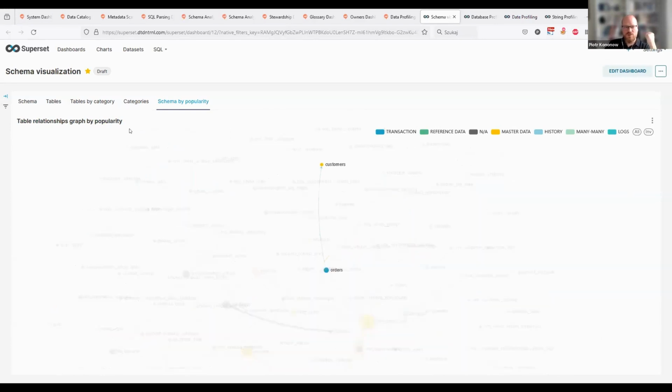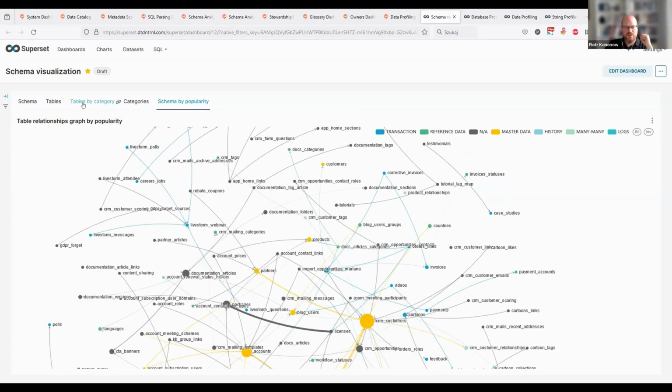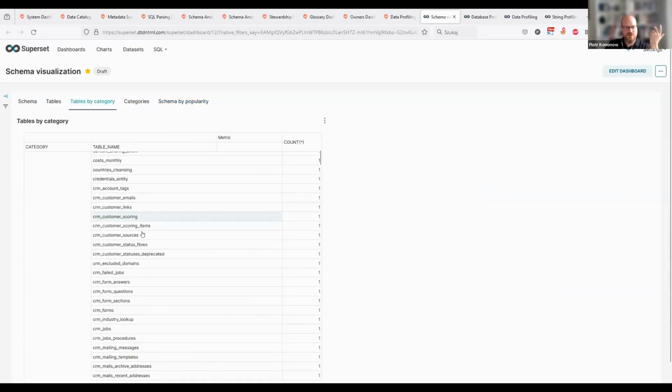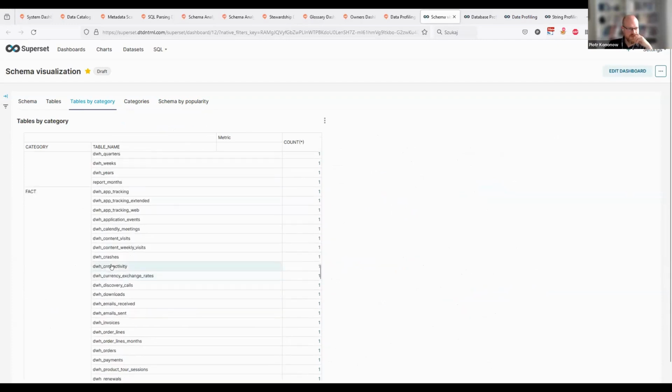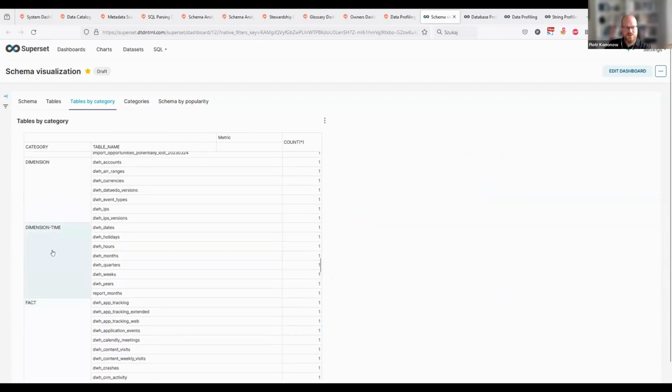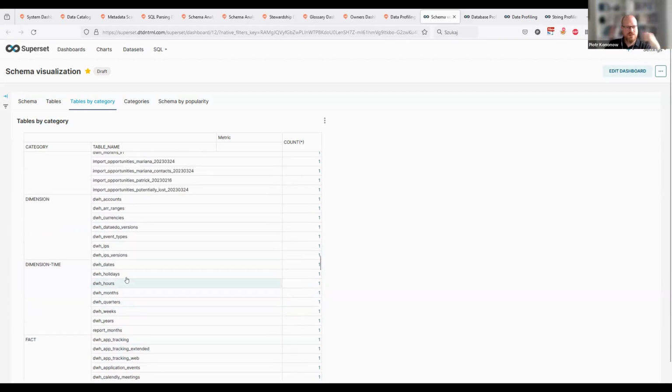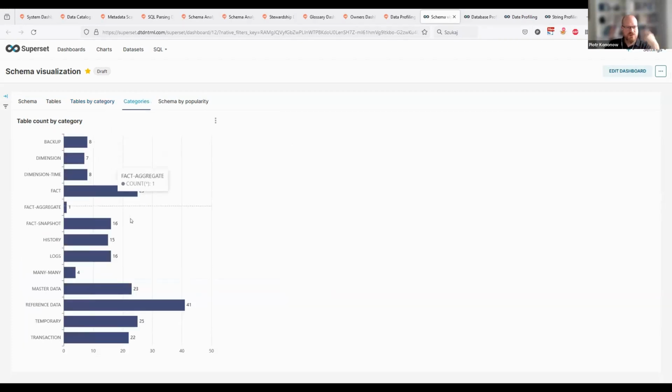So we'd like to provide you with the option to apply that and explore the repository by that. Over here is a list of those tables. For instance, in a data warehouse, you could have the dimension and fact tables and dimension time, right? You could see how many tables are like that in the repository in your databases.